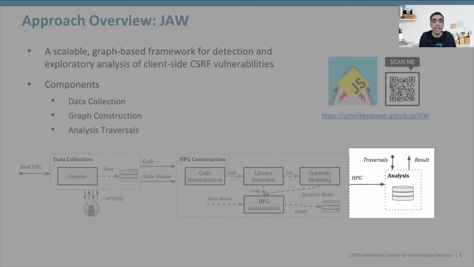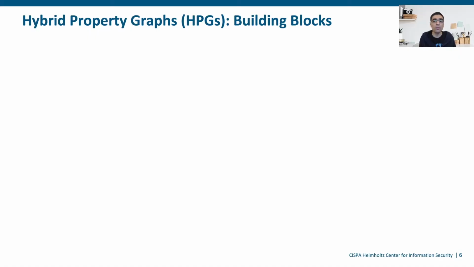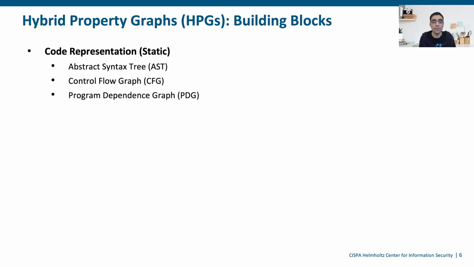So as you can see, at the core of our framework, JAW, is the new notion of hybrid property graph. But what is a hybrid property graph? Basically, if we take three representations of the program, that is abstract syntax tree, control flow graph, and program dependence graph, representing the program's syntax, control flow, and data flow dependencies respectively, and combine these models at the CFG level,